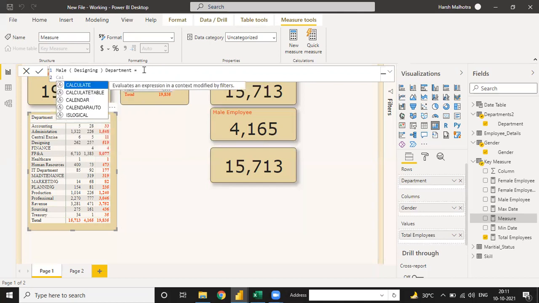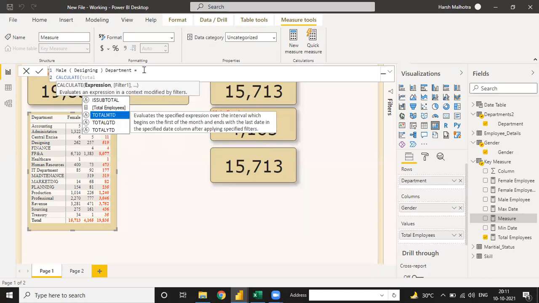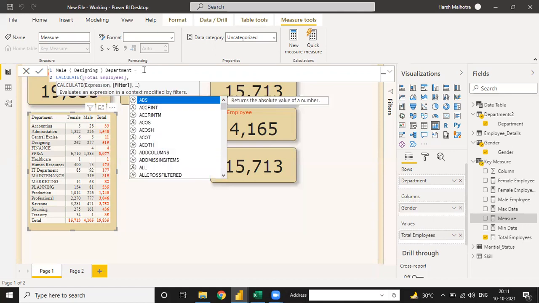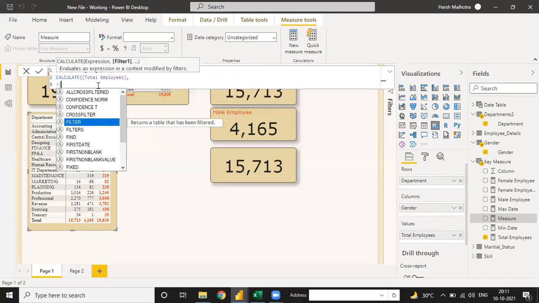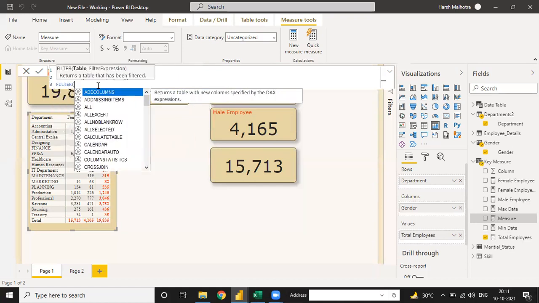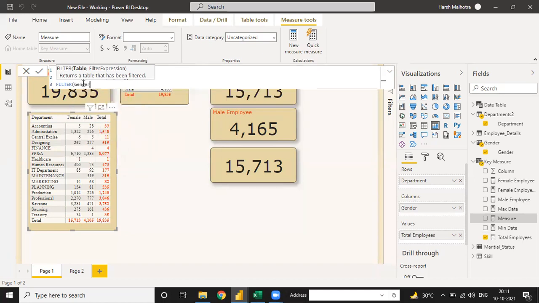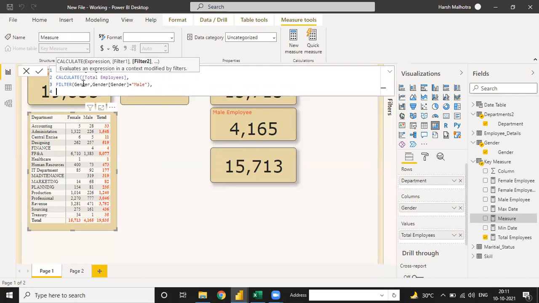Okay, so first I need to calculate total employee. So I just calculate total employee. For the filter, first of all I use gender. Go to gender, is equal to, I write male.